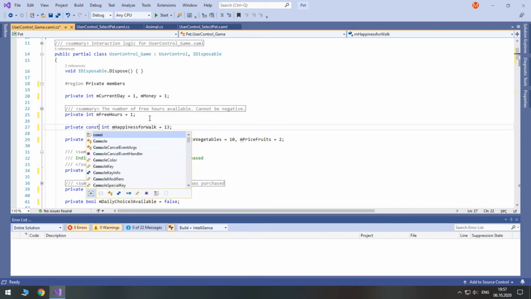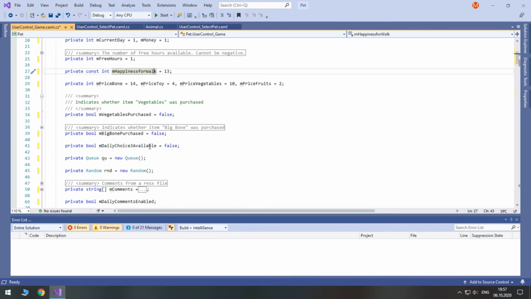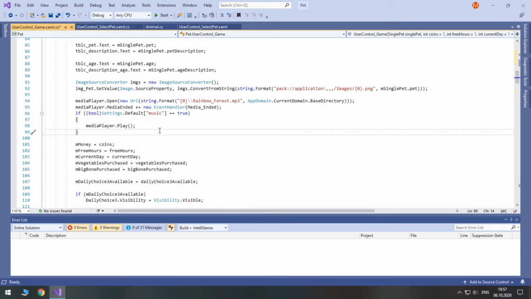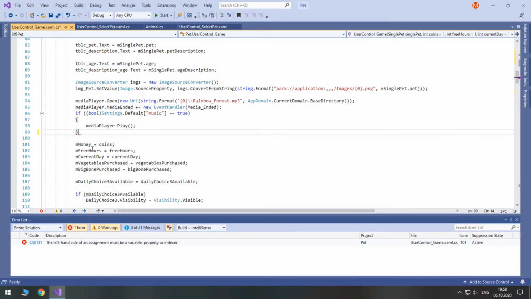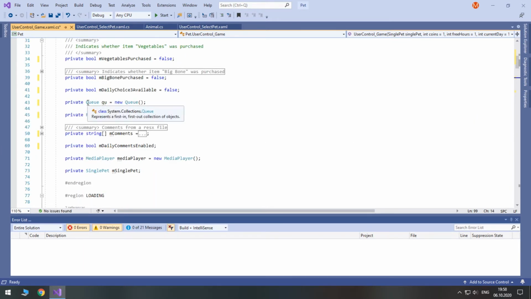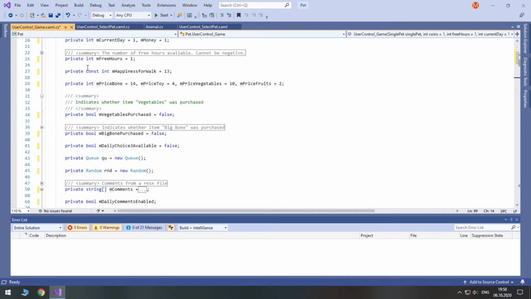So we type const. And if we, for example, try to change it, you see the left-hand side of an assignment must be a variable, property, or indexer. So the compiler will never let you do that. Okay. Now, the same for prices. We never change them. Okay. And as I said, there is another modifier called readonly.